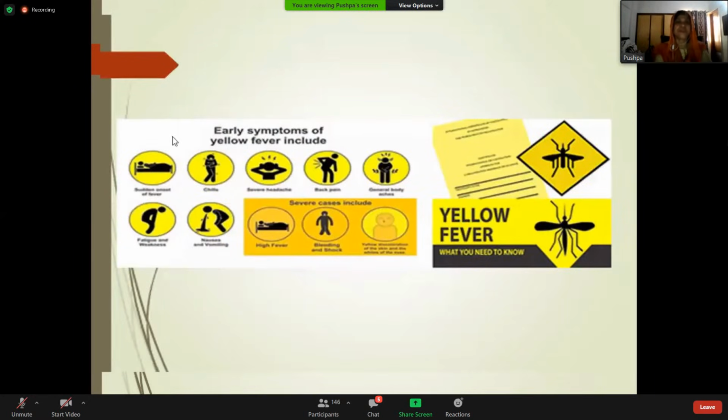So in yellow fever, there is fever, chills, severe headache, and pain in the different joints, and you can see here, and vomiting. So these are a few of